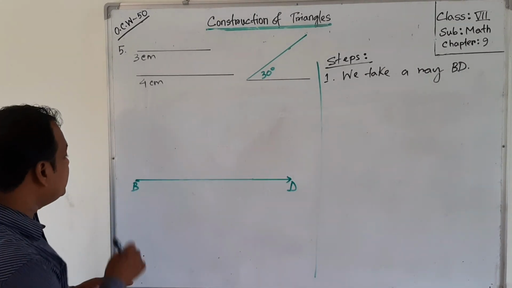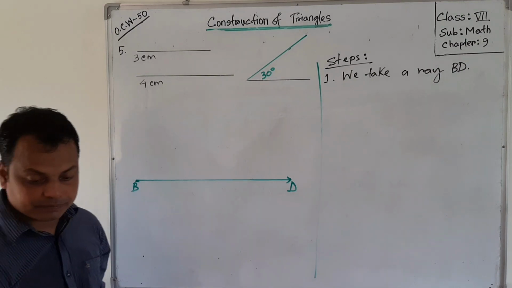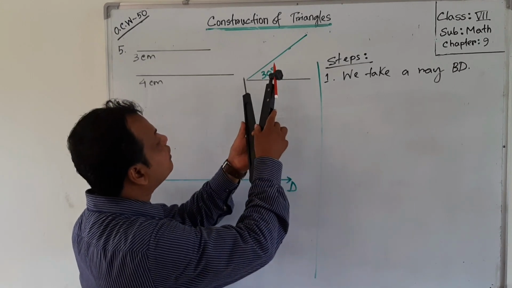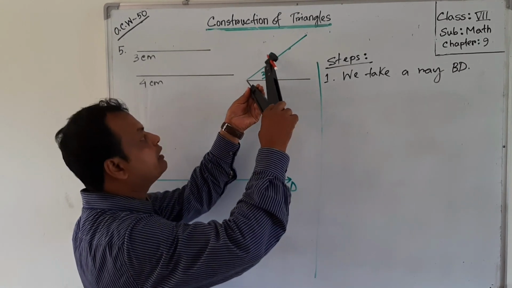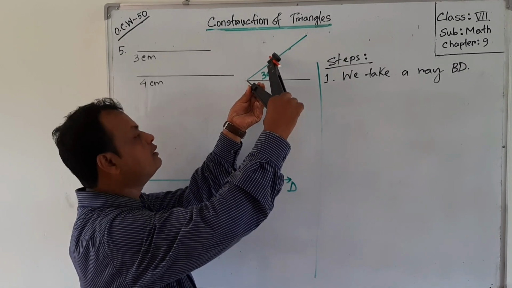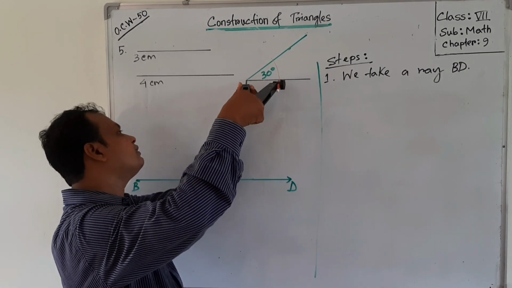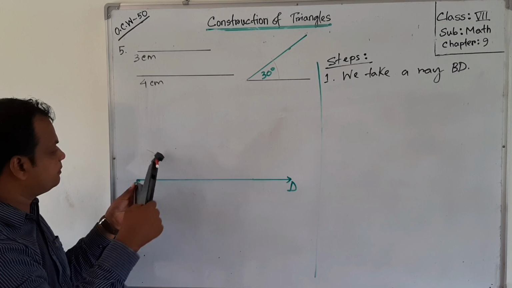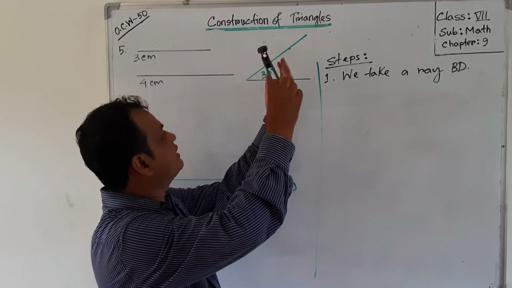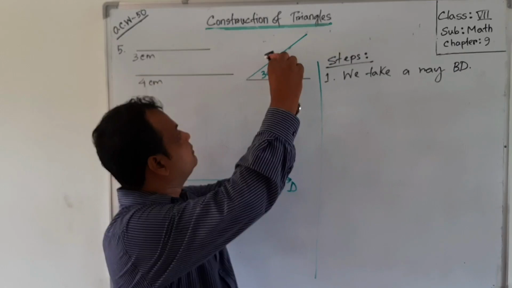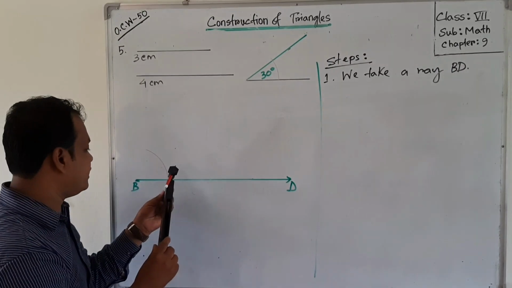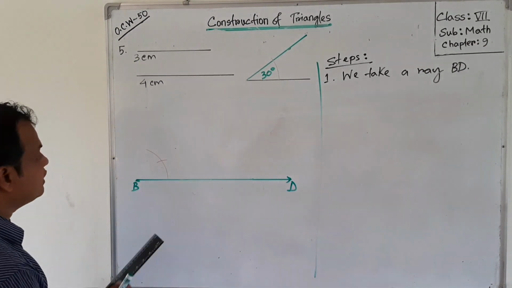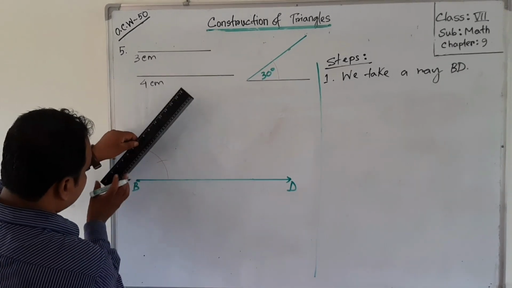Now at point B we will draw the angle 30 degree. How can we draw this angle? Take a radius for this angle. Any convenient radius we can take. With center B, draw this arc. Now take this radius, and with center here, draw another arc. After joining these 2 points and extending, we'll get the 30 degree angle.